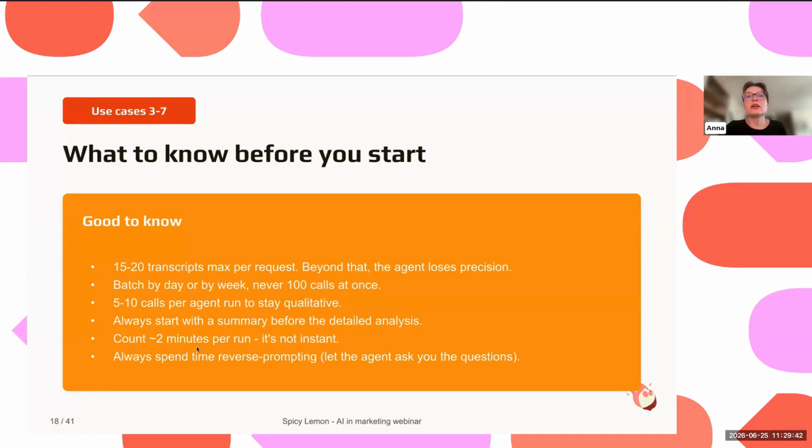Always count on it taking time to do this analysis, at least about 2 minutes per run. And always use time reverse prompting. What I'm always using, and for me it's the main output from today, is this: